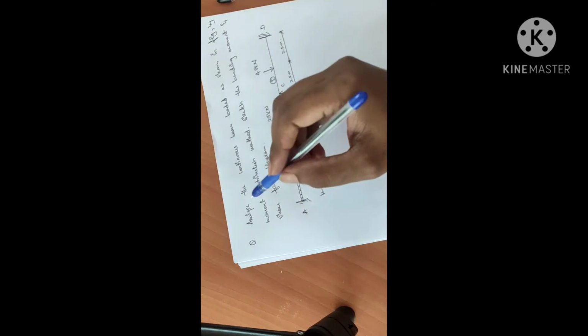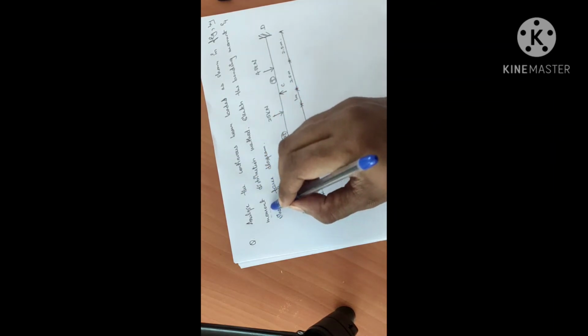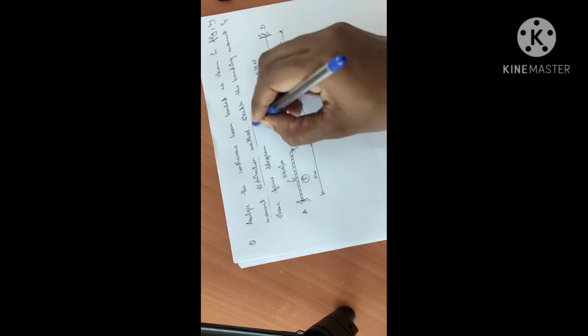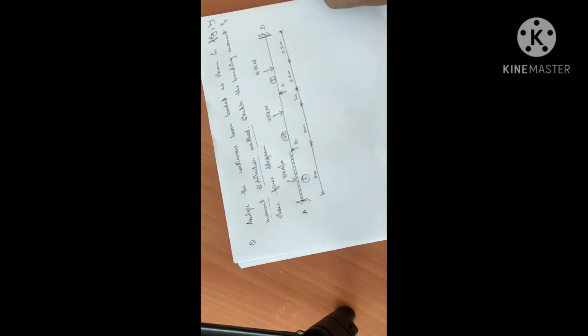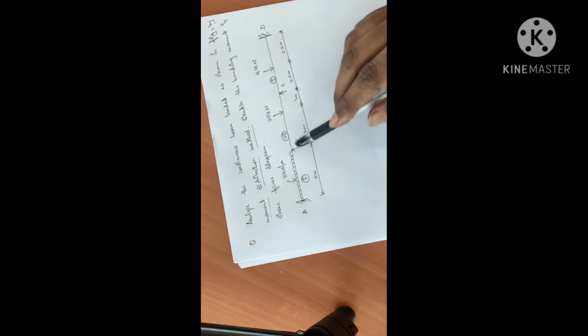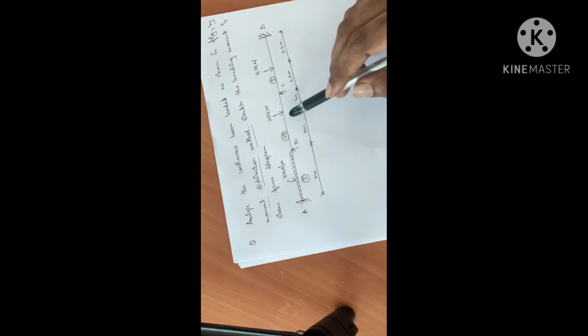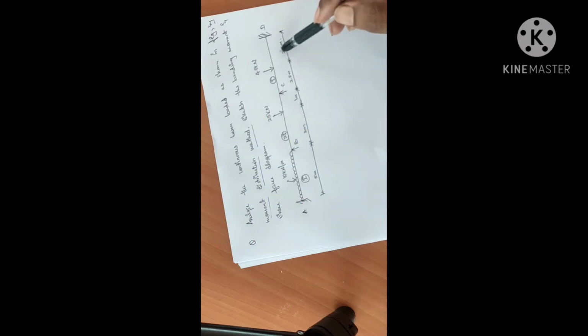So sketch the bending moment diagram. We are going to show the bending moment diagram; later on we will go with the shear force diagram. AB is the span, A is fixed, D is fixed, and B and C are intermediate supports. You have a UDL on span AB, an unsymmetric point load on span BC, and on span CD you have a symmetric